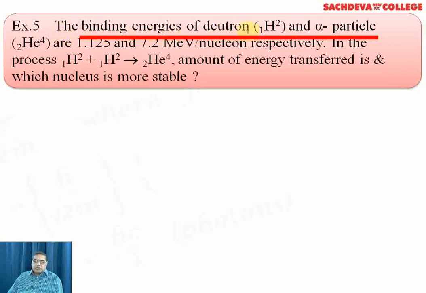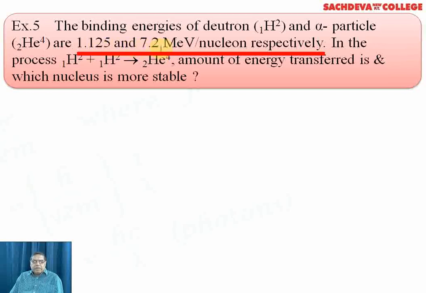The binding energies of deuterium and alpha particle are given. Deuterium is represented by 1H2, alpha particle by 2He4, and their binding energies are given per nucleon: 1.125, which we can write as 1.13 also, and 7.2 MeV per nucleon respectively. In the process, 1H2 fuses with 1H2, there is formation of 2He4, the amount of energy transferred is, and which